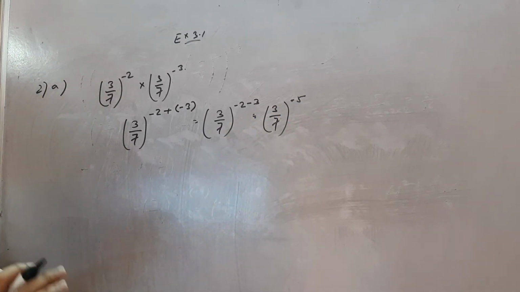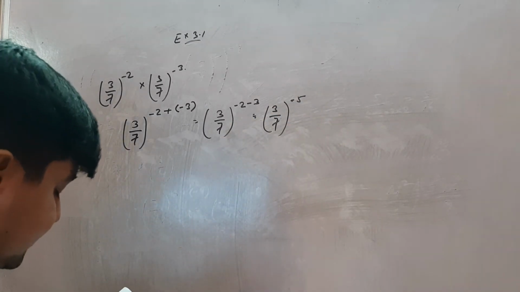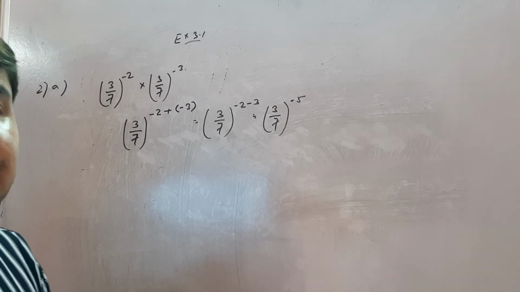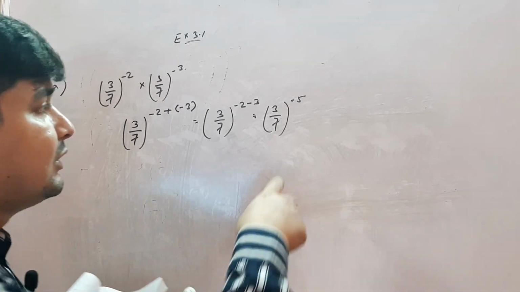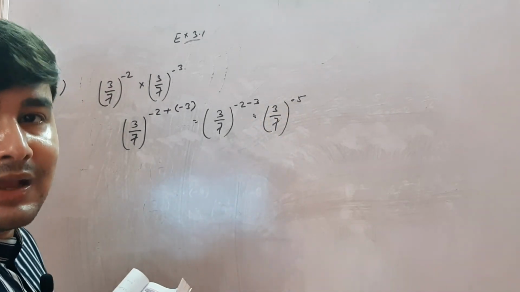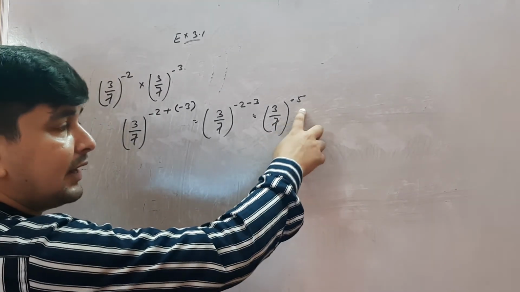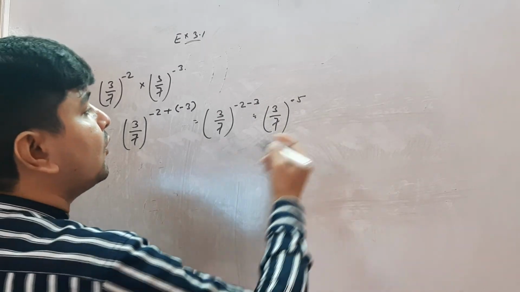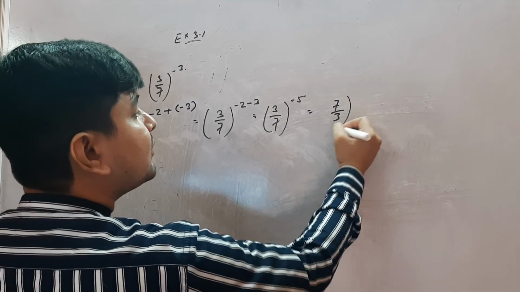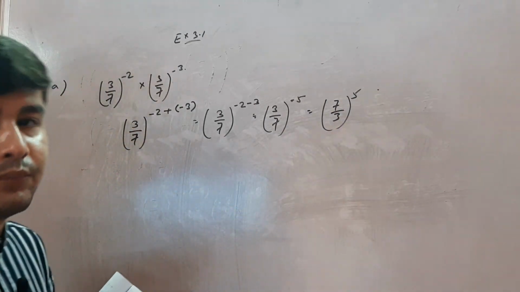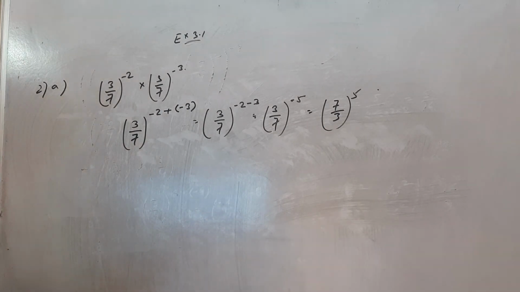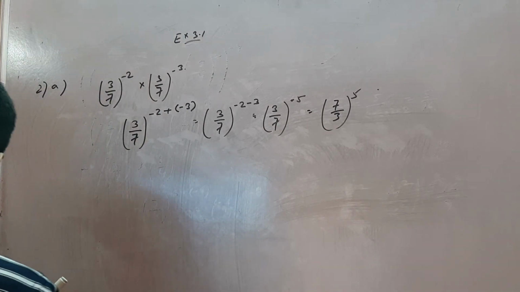But in the question it's clearly mentioned to express the result in the form of the positive exponent. So this is not your positive exponent, this is your negative exponent. So how do we write the positive exponent? We know that very well, when a negative exponent is given we reciprocate. Okay, so it becomes 7 upon 3 and the power becomes a positive exponent. Clear? We do the other one.